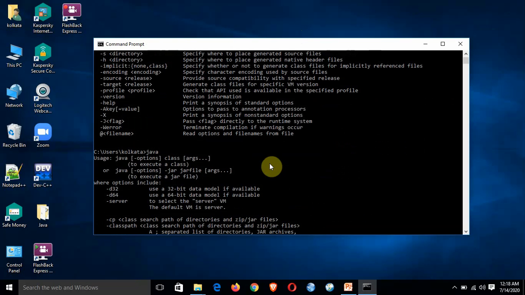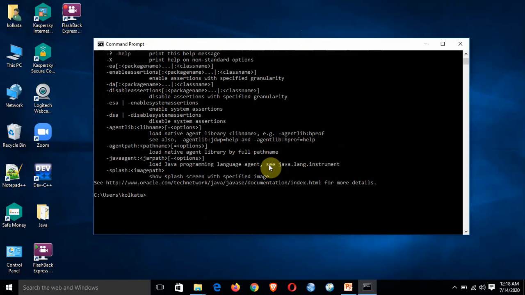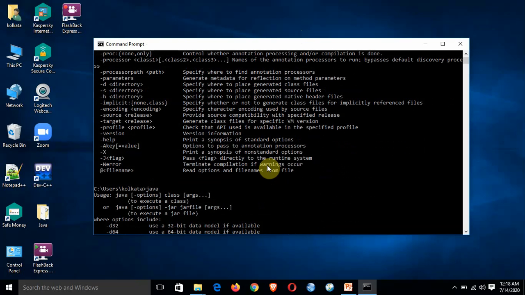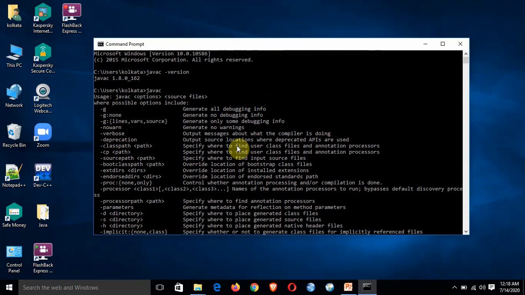That means the installation was successful and the environment variable is set properly, so that every time you are going to compile a Java program and run a Java program, it will be made available to you. So you don't have to move to the bin directory under JDK to save your file and to compile and run your file. You can use any directory for your work, and obviously you can compile and run it from there. So that is the idea of having the path environment variable properly set, and it should be pointing towards the bin subdirectory under JDK. So that is the idea.